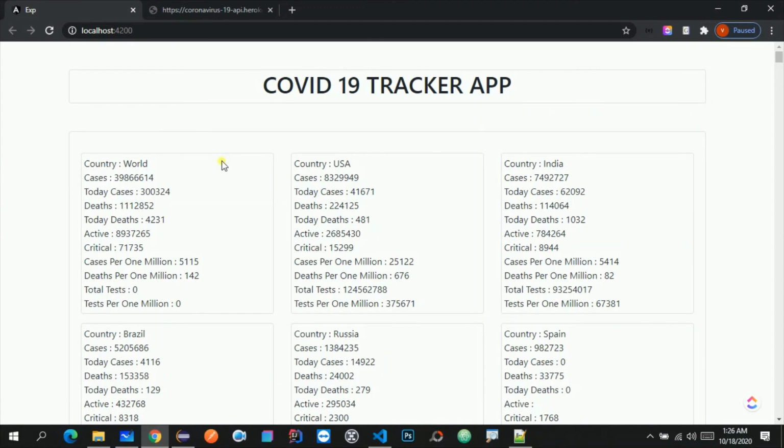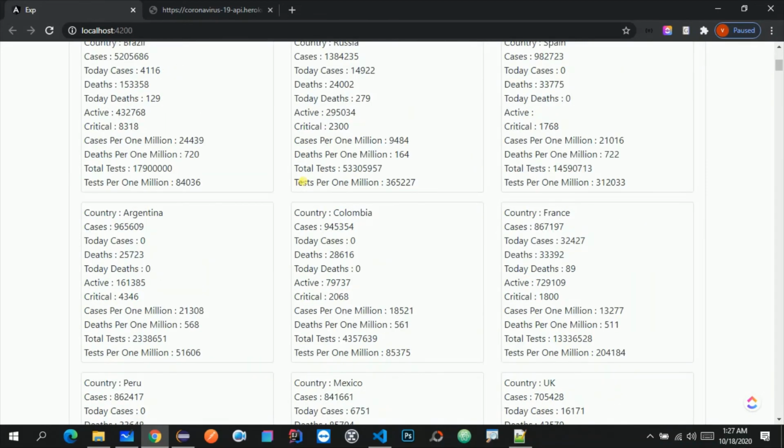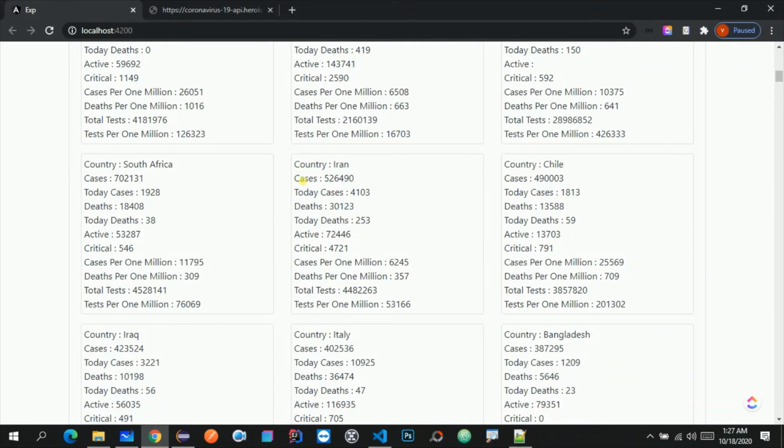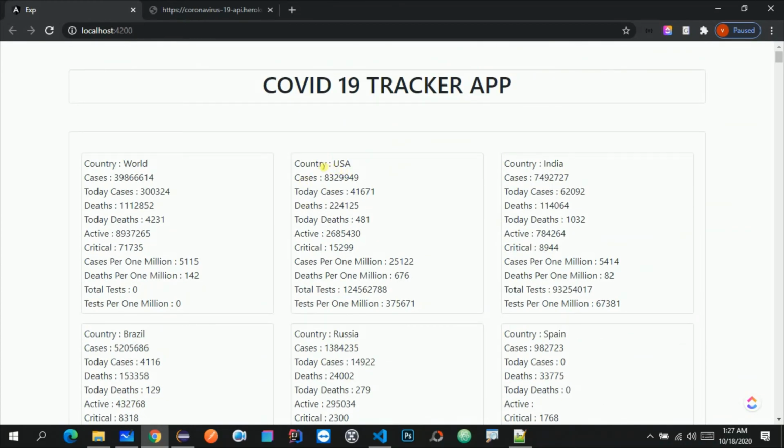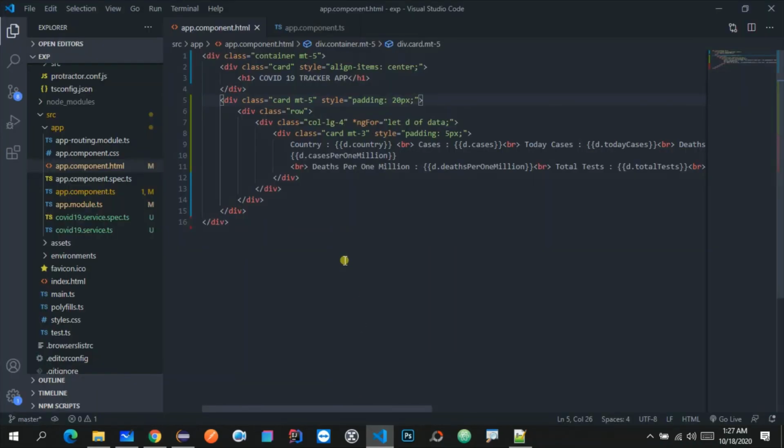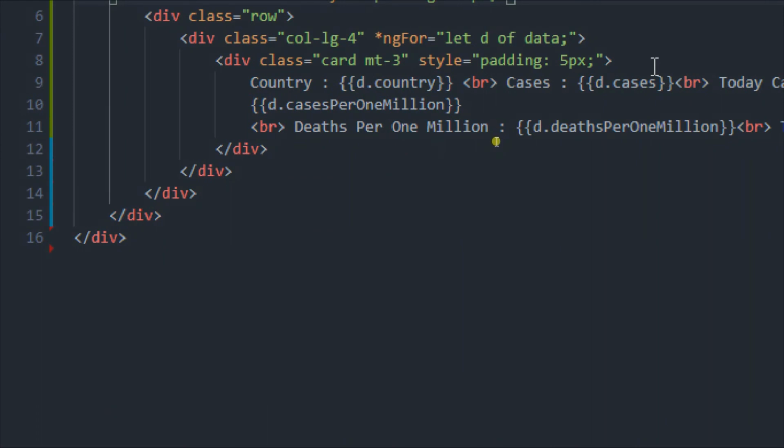Now what we can do, we can assign some heading to this particular card. So what I'll do, I'll just take this country as a heading of this particular card, so that it will look better, and we can easily notice this particular card. So let me go to the code and let me type over here